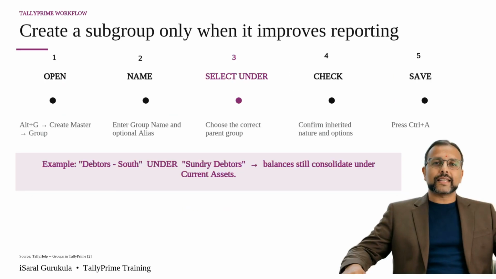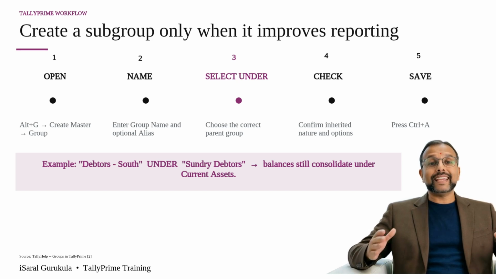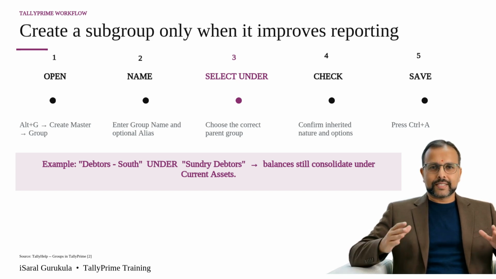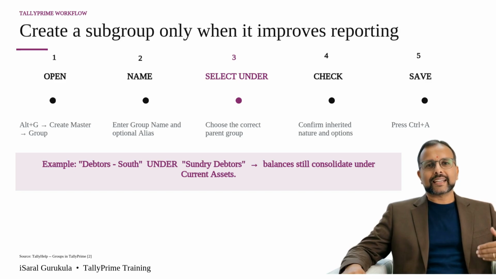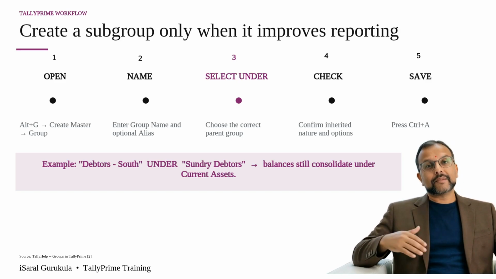When should you create a subgroup? Only when it improves your reporting. Here's the 5-step process. First, open the group creation screen. Alt+G, then create master, then group. Second, enter the group name and an optional alias. Third, select the correct parent group. This is crucial. The subgroup will inherit all the behavior of its parent. Fourth, check and confirm the inherited nature and all options. Fifth, save by pressing